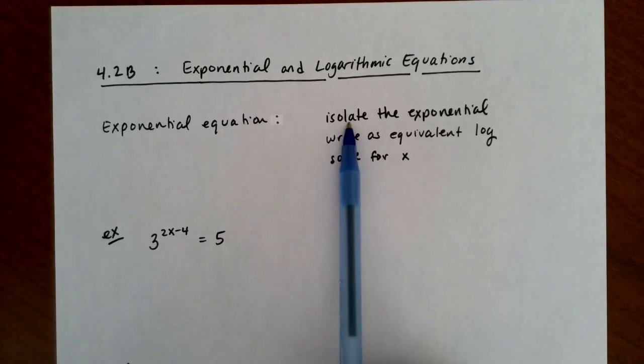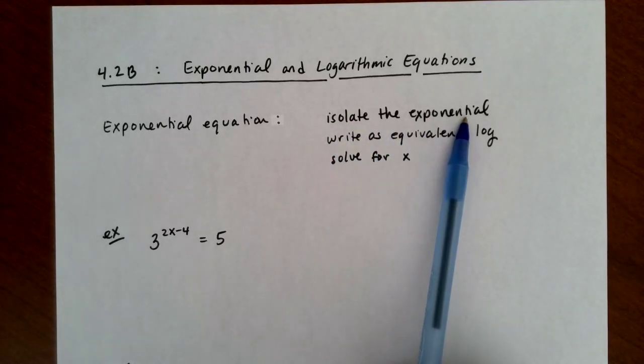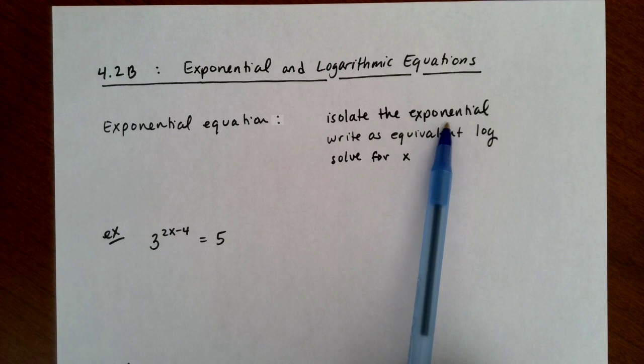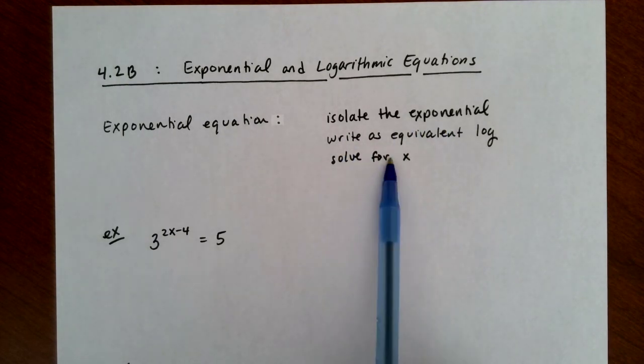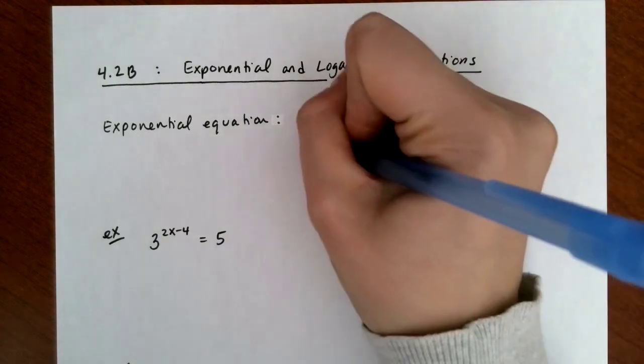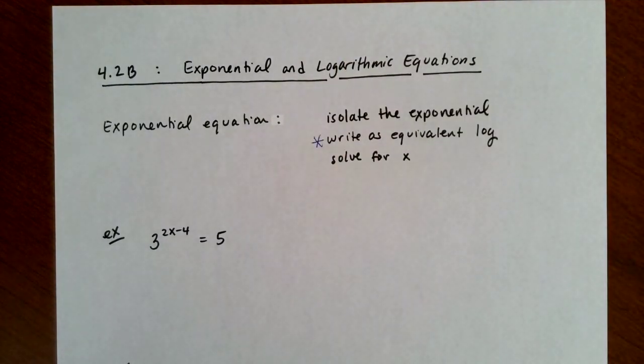All right, so we want to isolate the exponential, so get whatever the exponential thing is alone, write it as a logarithm instead, and then continue solving for x. And I want to talk about this middle step before we actually do it in an example. So if we have